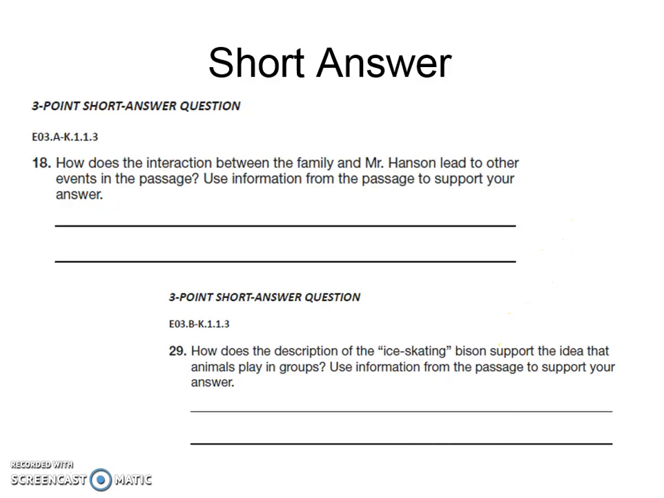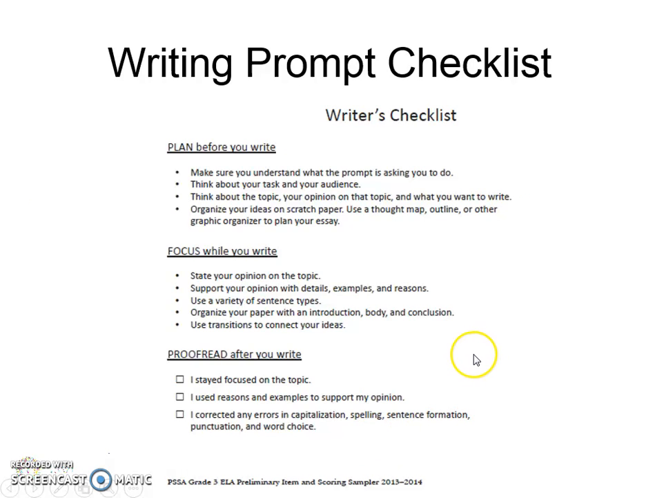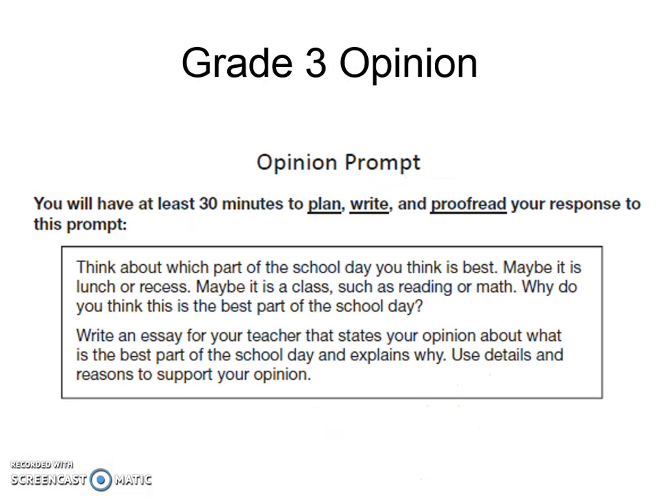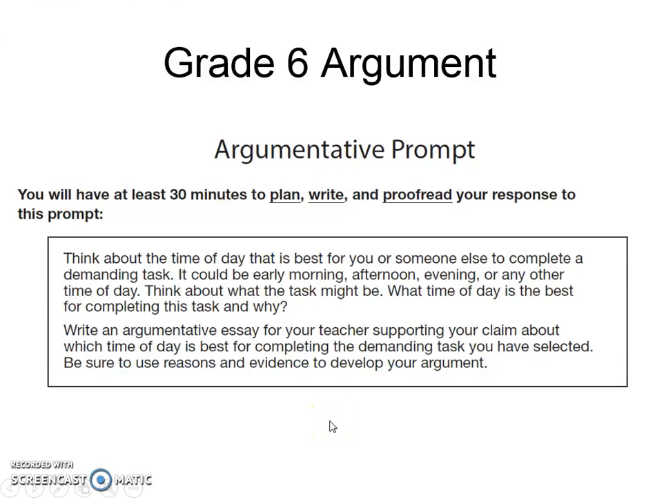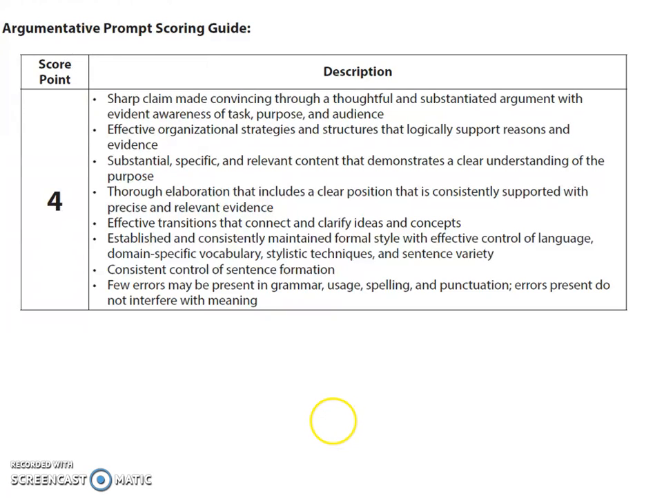Again, all these you can print right from PDE or, stop and pause. Here's a sample short answer question for a third grader, both literature and nonfiction. And the writing prompt, again, you can see the directions and they get a checklist. And here's a sample opinion question for a student. Not too hard, but so it's definitely in the student's zone of understanding. And you can see here, this is grade 6, they move into argument, and grade 7. Here's the scoring rubric for that, and you can see to get a 4, you need to meet all these